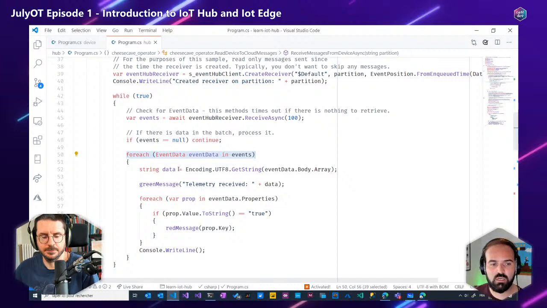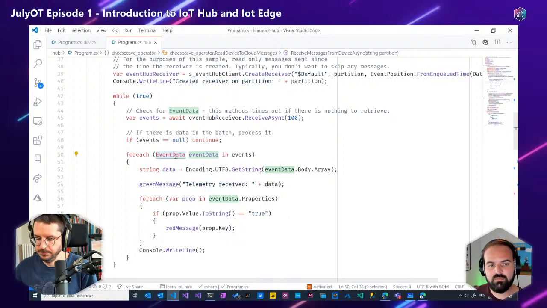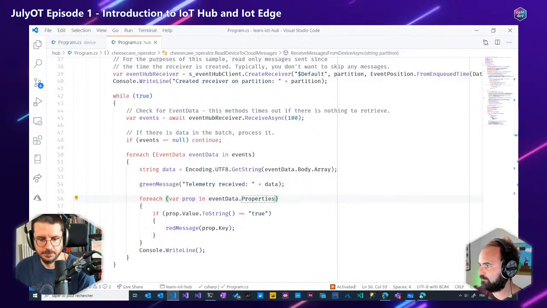So we need to loop through all these events, and then we get an event data class that gets the content of the messages and even the properties, if we have some properties, as we said on the device SDK side of things. So in a nutshell, it's a way you can process all the incoming messages. I have a few other things to say, but